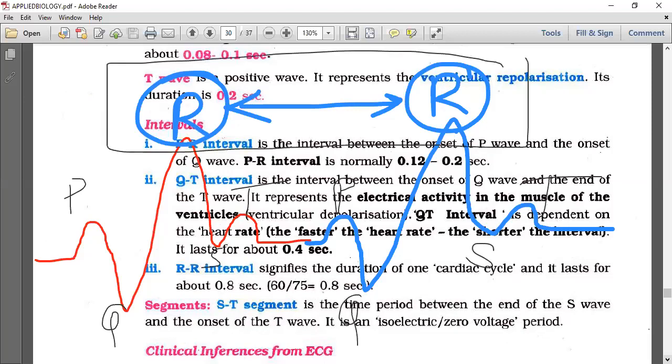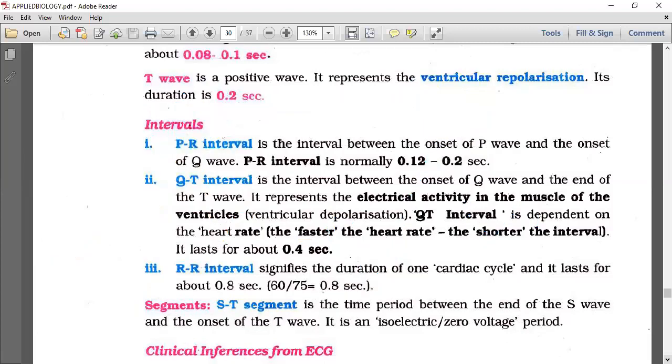That RR interval signifies the duration of exact one cardiac cycle. It lasts for about 0.8 seconds. What we learned here, that deflection here, you can see clearly. 0.8 seconds. From one R to the another R. This is upward deflection. That's why it is very easy to recognize. Yeah, I'll show you this on white paper again. We'll take this on white paper. I'll draw a number of times. There you can understand. You may have seen images like this in many movies.